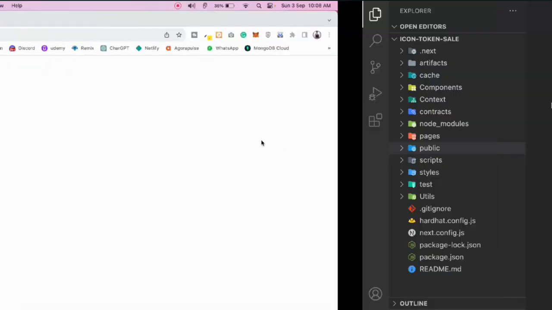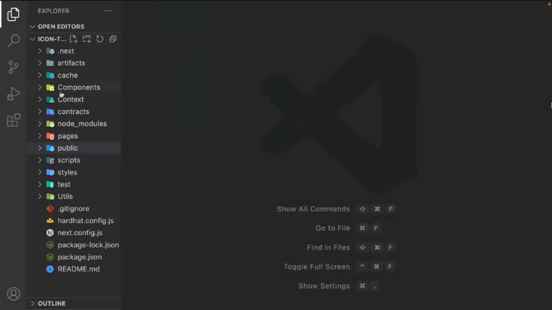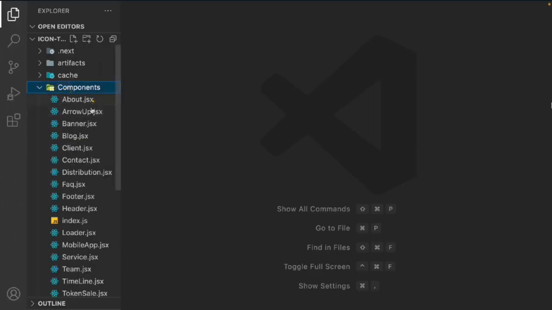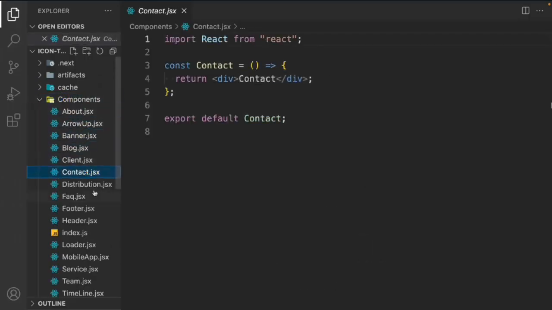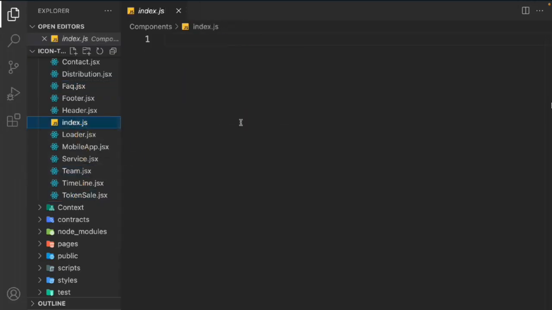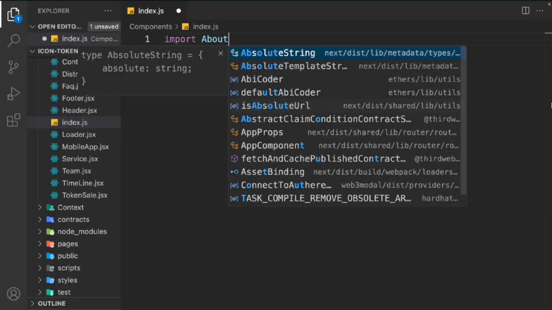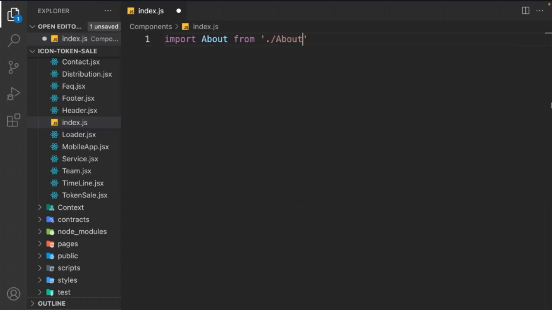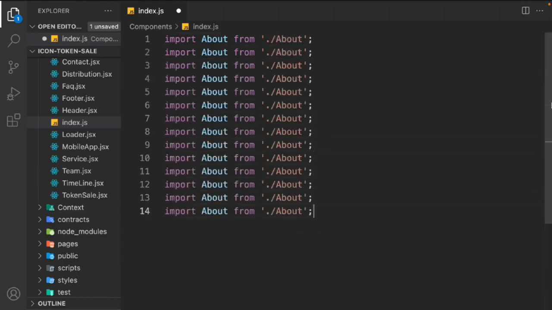Now come back to the code, and we can start working on our components. Open up the component folder. First thing we have to do is import all of these components in our index file in one central location, and from there we're going to import them. That would make it easy for us to identify: if I want to call a particular component, I can simply call it from one single location. So let's import all of the components and export from here. First we're going to import the about component